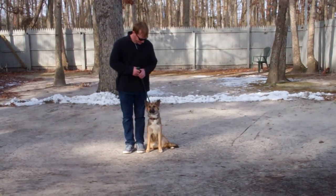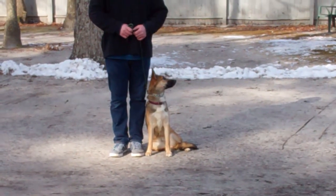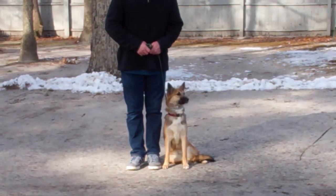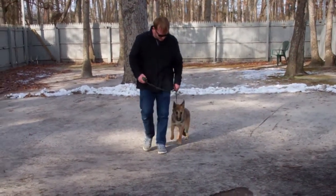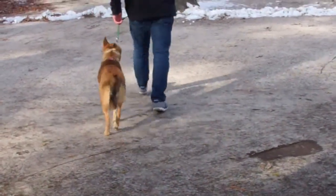Now, she is sitting very nicely at Rich's left, which is where all of our obedience training is done, and the first exercise that we're going to demonstrate for you is heeling. Heeling is proper walking on a leash, and the command is Boo, heel. Now at this point, Boo has a job to do, and that is to stay even with your